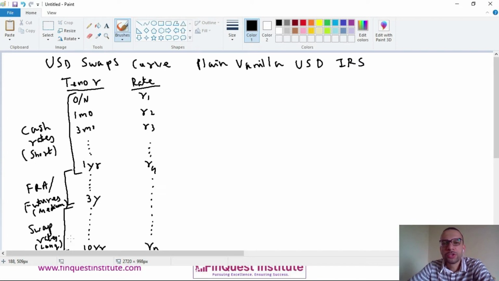Then between 1 to 3 years, it's an option. You can either use a FRA or a future. So depending on the liquidity of the contracts, you select either a FRA or a future. Liquidity is the key, because when you have liquid rates, this implies that these rates are highly efficient and these are what are actually being quoted by market participants. So it depends on the way you're looking at it, either FRA or future, either of these will do. And the longer tenor, say starting from 3 years and beyond, these are always the swap rates which get quoted in the market. So this is how you construct the USD swaps curve.